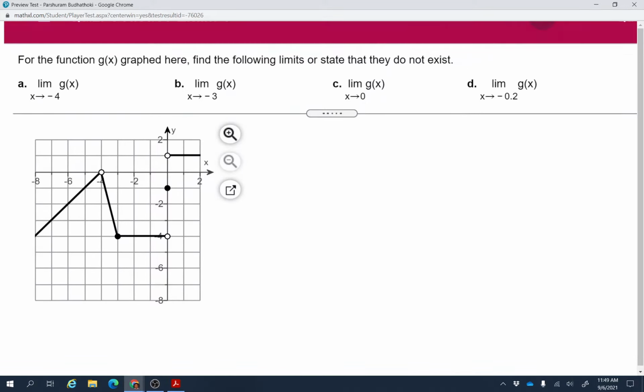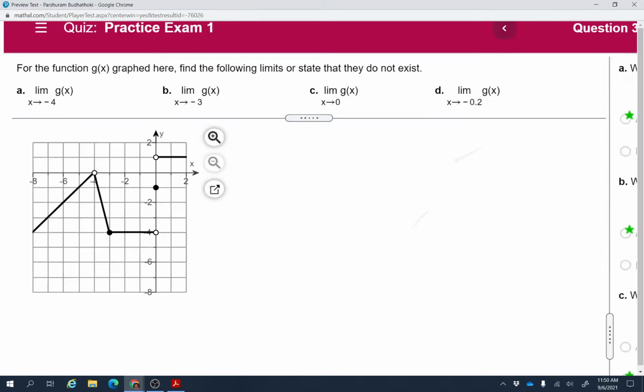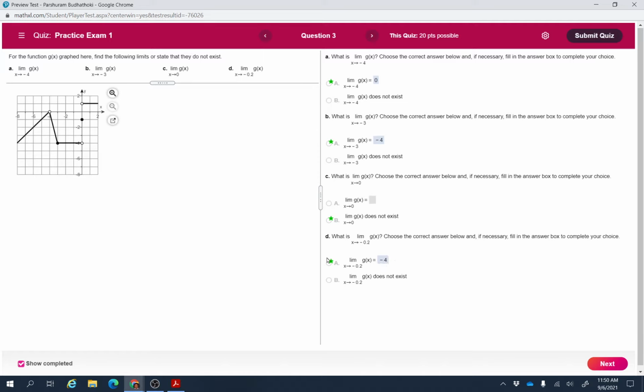For part D, find out the limit of the function when x approaches -0.2. As you can see that -0.2 is somewhere here. And if you try to find out the value of the function on the graph, as you can see that the graph is -4 from the left side and from the right side. So that's why the answer for the last part is